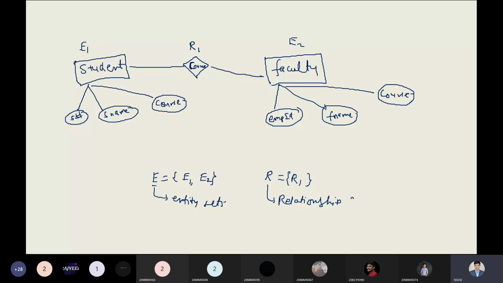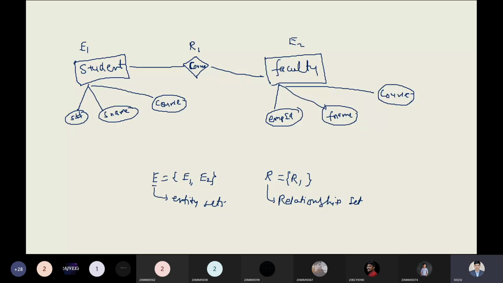But it does contain only right now one relationship, no issue. So in an entire ER model and ER diagram, we can have many entity sets. We can also have many relationships. Don't worry, step by step we will see. Because as per real life situations, we can have various kinds of things. So we have the proper notation. Without knowing the proper notation, you are not able to write or draw the diagram properly. That was the reason.